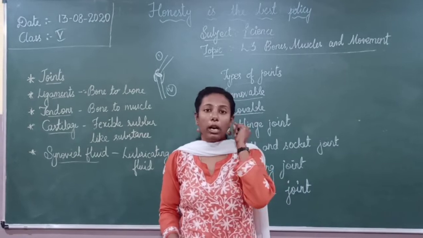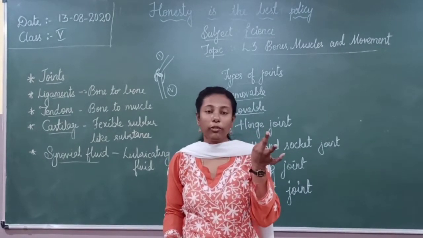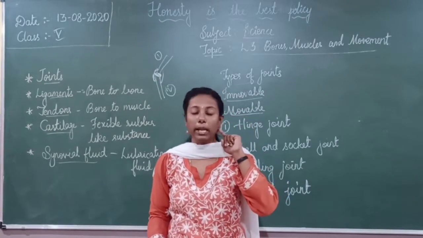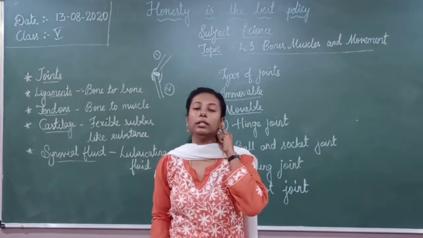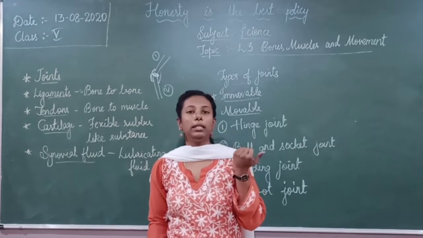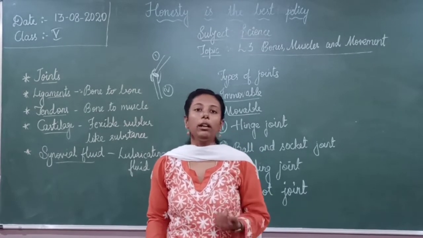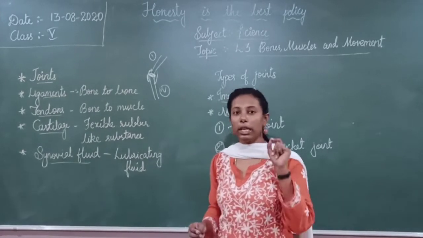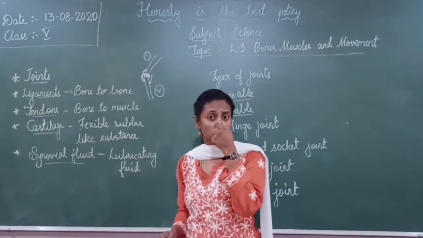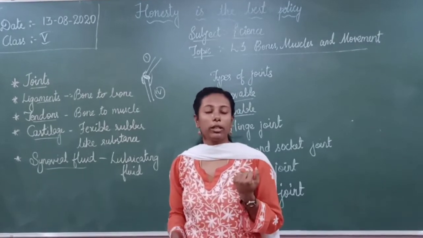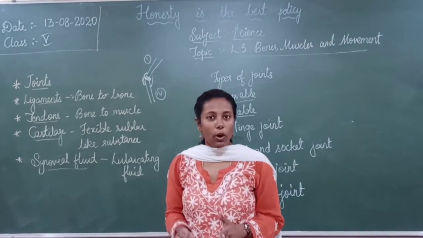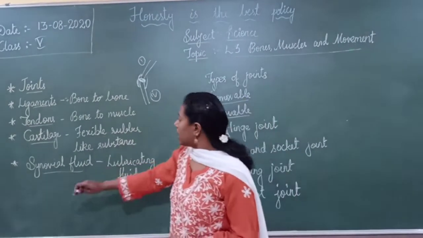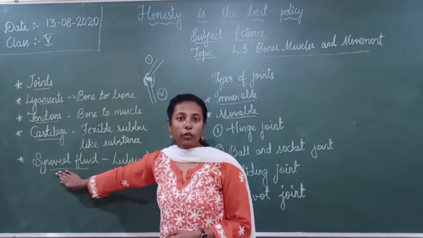See, even your ear has bones inside, there are 3 bones, but the outside, the ear pinna, is made up of cartilage. It is neither soft nor hard, it is in between. Your nose also, if you touch your nose, it is not very soft and not too hard. Correct?